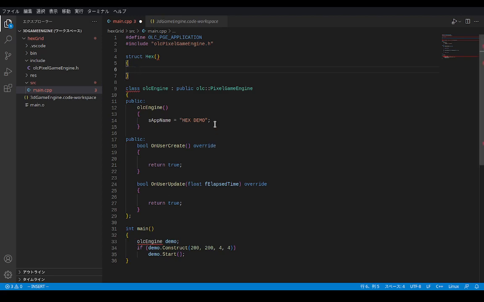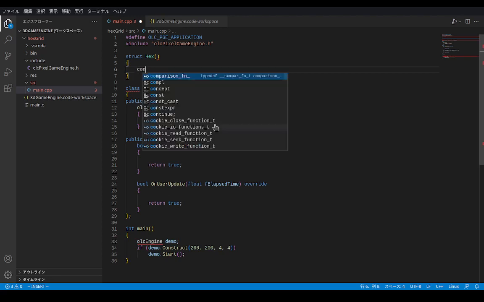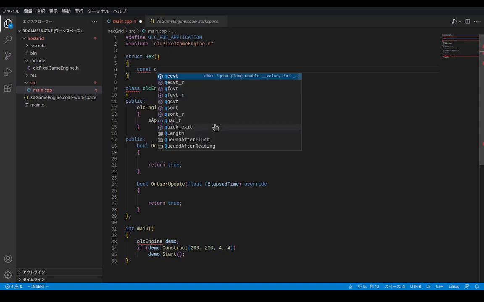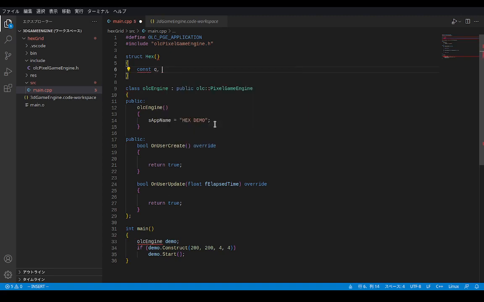But basically, with hexagons, there's many different coordinate systems you can use, and the writer of the hex page goes through a lot of detail on the different systems you could use,